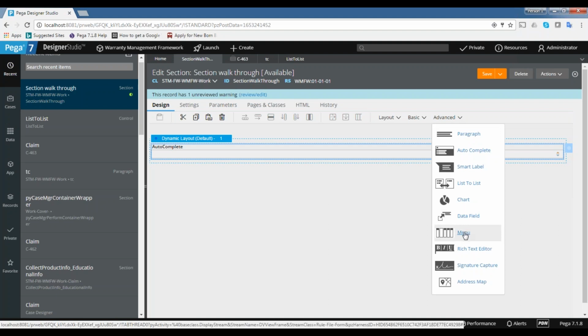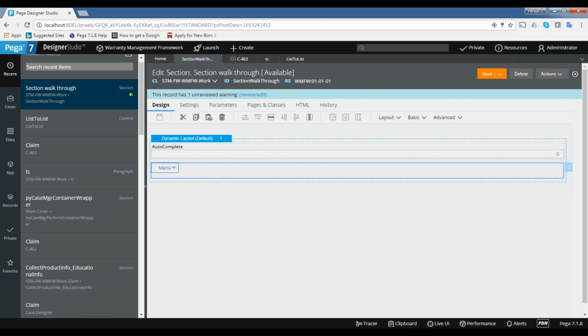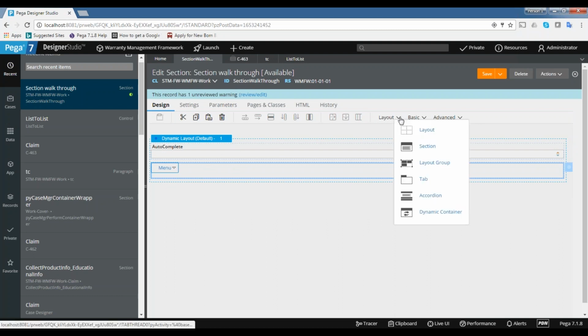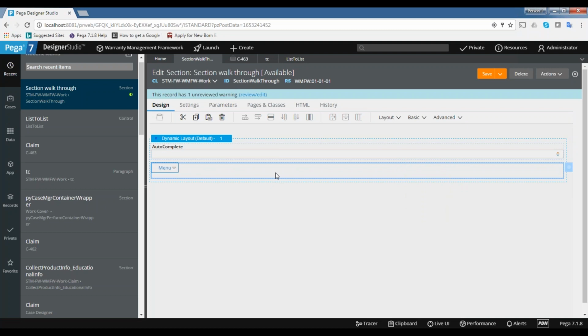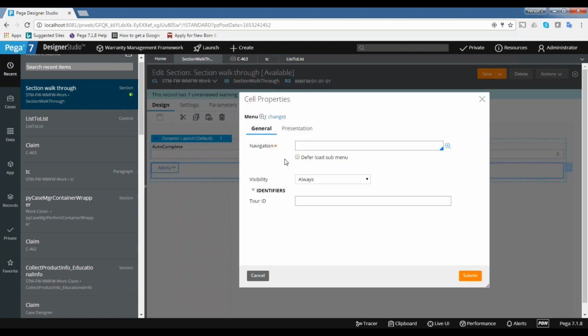And data field is also not menu. It is not the same as the menu that we discussed, like in the tab. Tab is just for displaying. But here I have a page list, and I want to display all the page list options as a menu, or else I want to display some other options as a menu. Then this menu will ask for one more rule called navigation rule. So navigation rule is something like this.